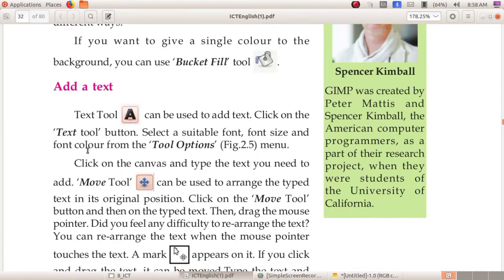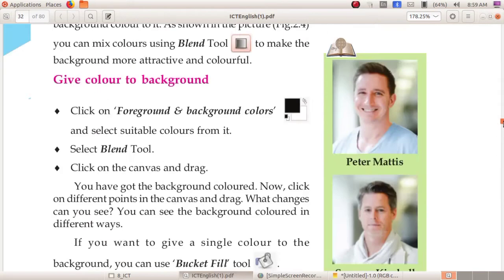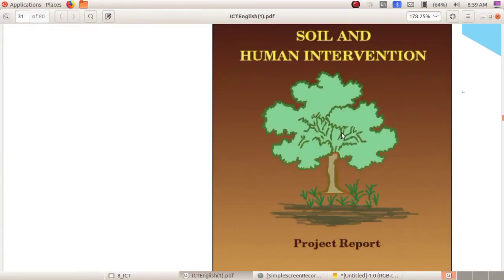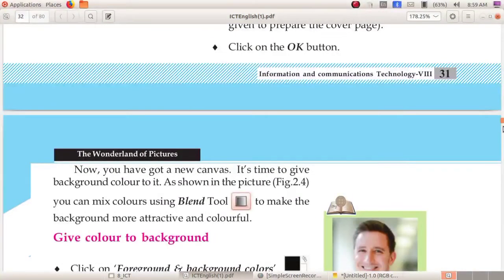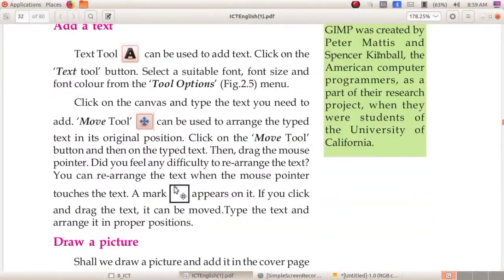Next, add a text. Okay, you want to add the text. Which text? You can just go with the project report. Yes, you can add the text like this, project report, and the name here. For adding the text, you can use the text tool. This is the text tool.